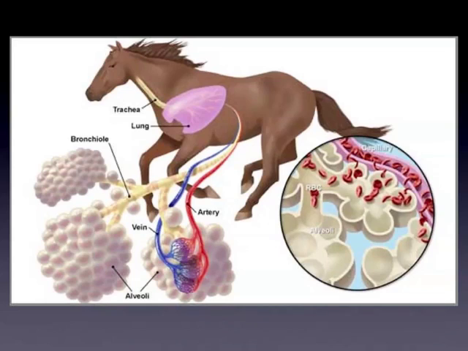So we look here at just another diagram. We have the trachea, which brings air into the lungs. The lungs branch smaller and smaller till they form these